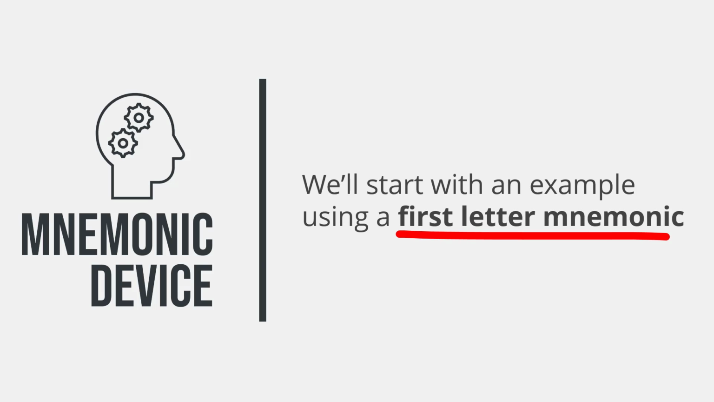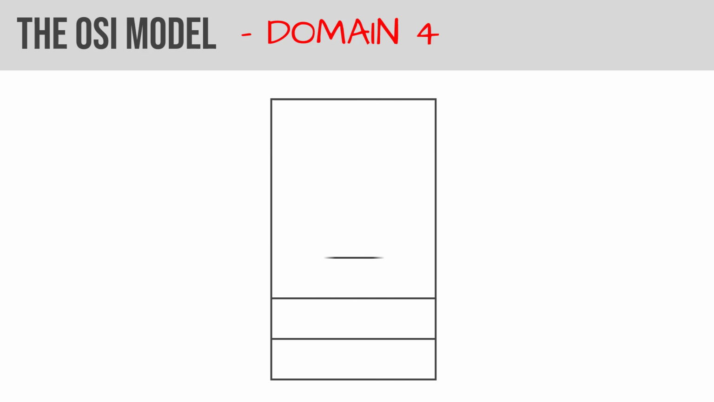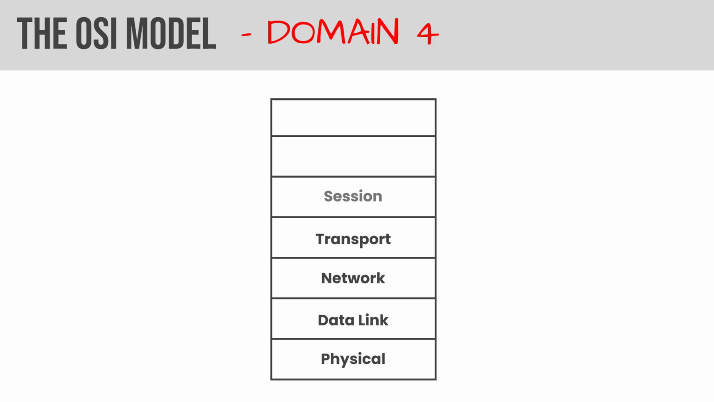In fact, let's start with something fairly simple, a first letter mnemonic. We're going to start with something you need to memorize for the CISSP exam, and that is the OSI model. I'm sure you've heard of this. It's been around for a very long time. It shows up in domain 4 of the CISSP exam content. It's a 7-layer model starting at layer 1 with the physical layer, and then data link, network, transport, session, presentation, and application. So we'll take those 7 letters, P, D, N, T, S, P, A, and we're going to